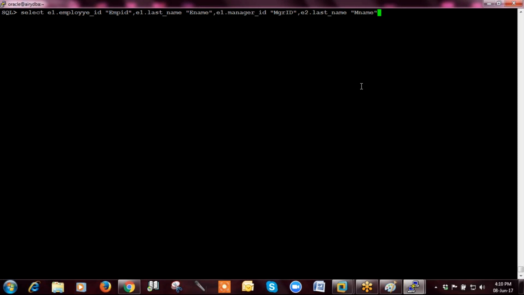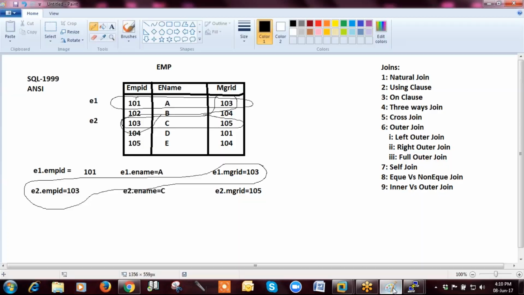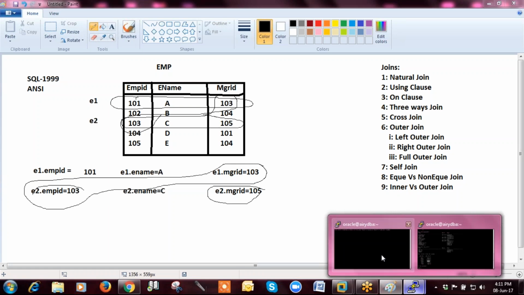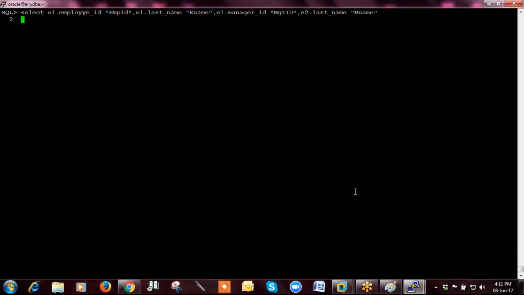That's it. The rest we don't require to show, because this is already equal to this. Now I have to create the join, from employees E1.